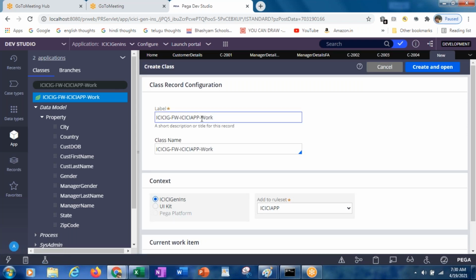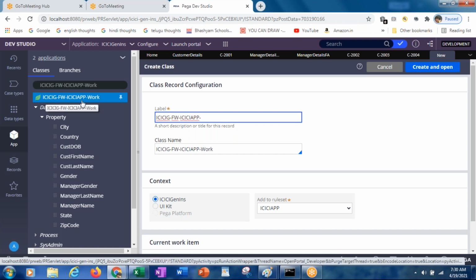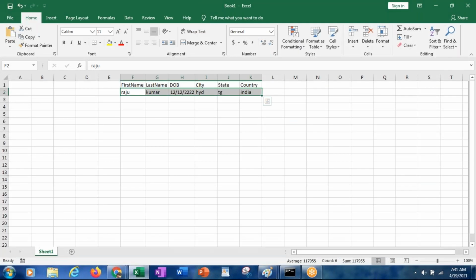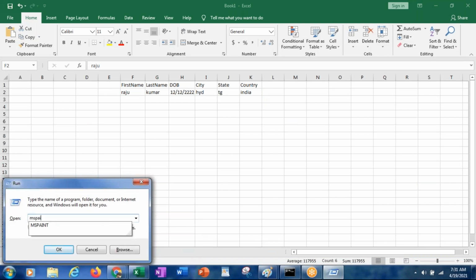Okay, so here what I can do is, instead of the work under the organization level, or else wherever you want to create. So here again, when you're creating the class, you should be very careful whether you want to create under the organization level, otherwise your application level. Okay, where you want to create your class, you should be very familiar. Okay, for example, again, let me take one.